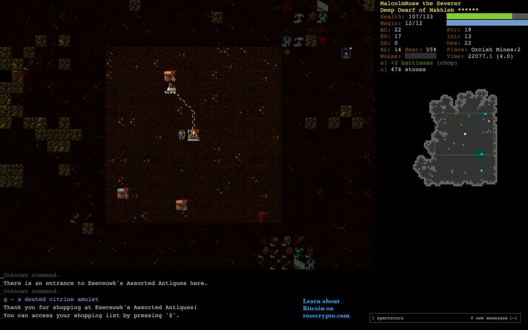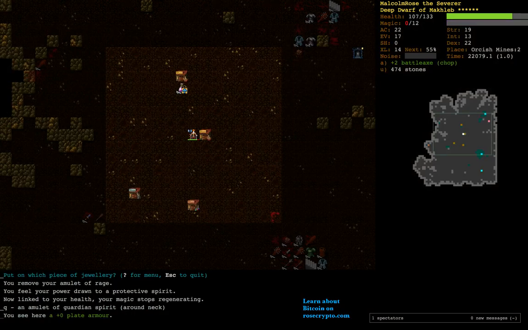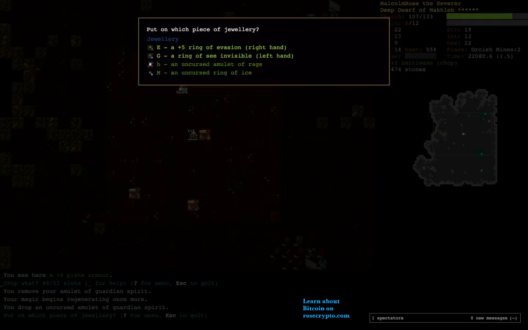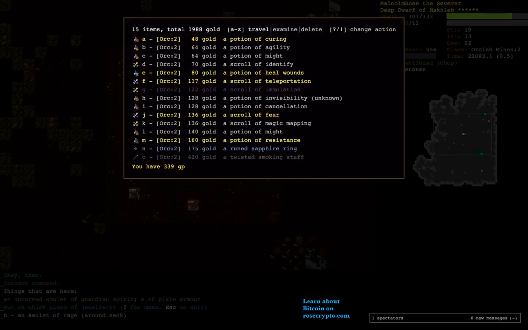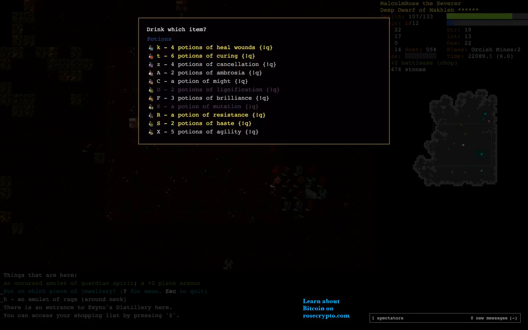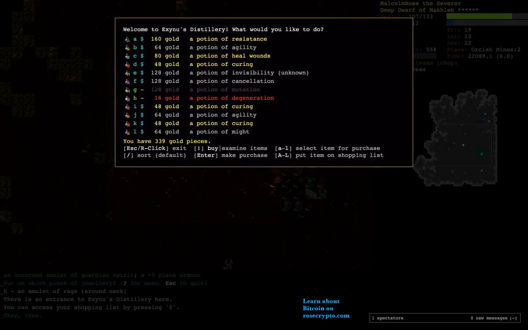Let's get this amulet. I hope it's reflect. I'm even going to roll the dice on it being harm. It's Guardian Spirit, whatever. Take it off, sadly. Do we have cancellation? We have 4 cancellation. That's pretty sexy. Let's just buy